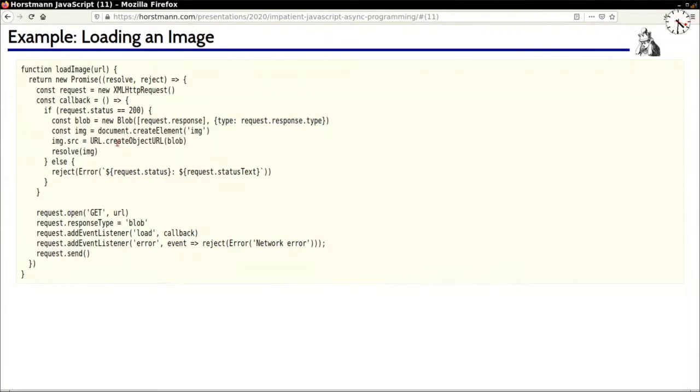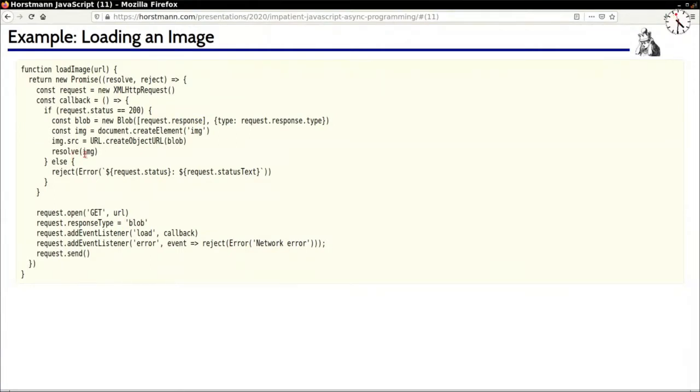We're constructing an image, we're setting its source attribute, and now we have this image in our hands. And now one wants to return it to the caller, except you can't really return it, because, let's face it, float image has long returned. It returned as soon as the request was made. The way that I, as the library writer, have to return it to the caller is to invoke the resolve function that was handed to me at one point. And so I call resolve,